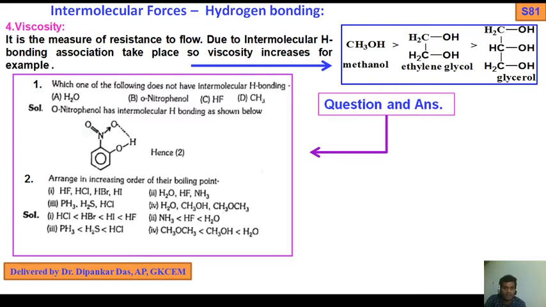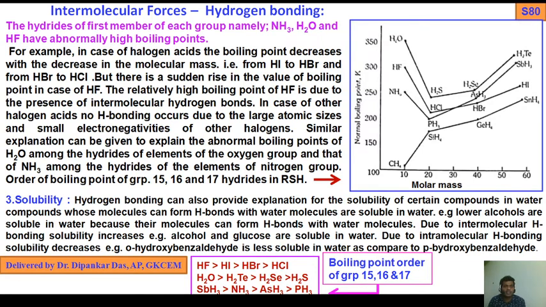So what I have discussed: the solubility, melting point, boiling point. This is the very important curve. You see that has been explained here. I have already explained several times why the melting point and boiling point first decrease, then increase. In case of ammonia, then decreases. Again, arsenic hydride, a little bit increases, but less than ammonia, then SbH3. Why? Now, down the group, what will happen? Van der Waals interactions dominate.